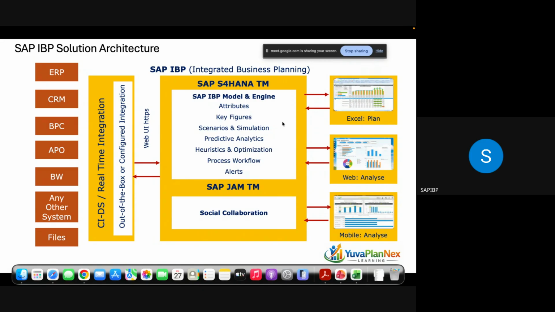Okay, so then IBP supports the integration with the collaboration tools as well, like Exam or Microsoft Teams. So it will support that. So whatever activities you are doing, if you want to inform your business planners, or you are part of your demand planning team and you want to inform other demand planners what activity you are doing, or where exactly you are stuck, you can do that with Teams or Exam. Okay, so this is the high level solution architecture. So any doubts here? No. Good.